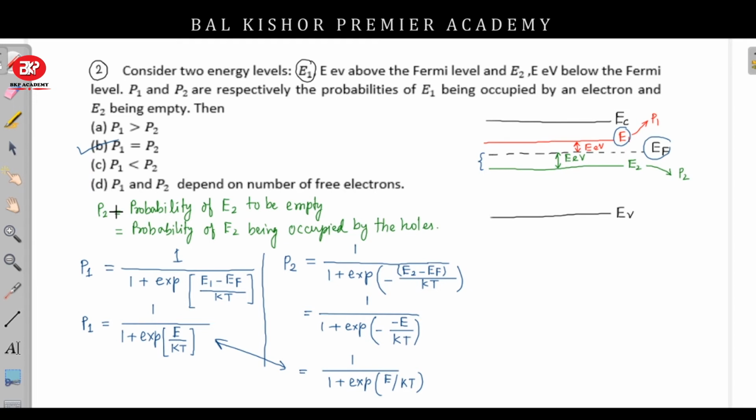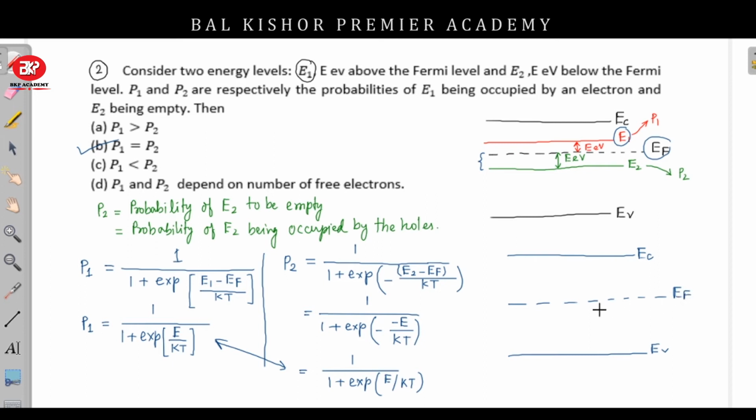That means what will be the conclusion of this numerical? The conclusion of this numerical is that if there is an energy level which is at some height or some energy level above the Fermi level, then वो वाले एनर्जी लेवल पे सपोज मेरे पास एक एनर्जी लेवल ऐसा है, ये मेरा EC है, so EC is this one and EV is this one, and suppose मेरा Fermi level ये वाले पोजीशन पे है,